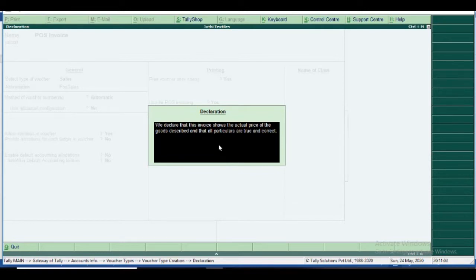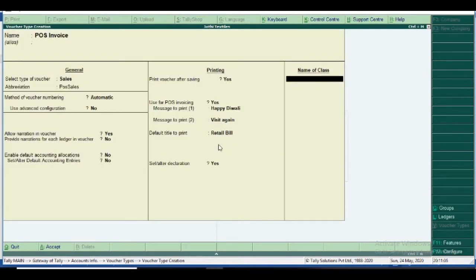Okay, so I enter name of the class, leave it blank. I repeat the name as POS invoice, select type of voucher is sales. Use POS invoicing is yes, mainly you enable it. And then some of the miscellaneous, POS sales abbreviation.